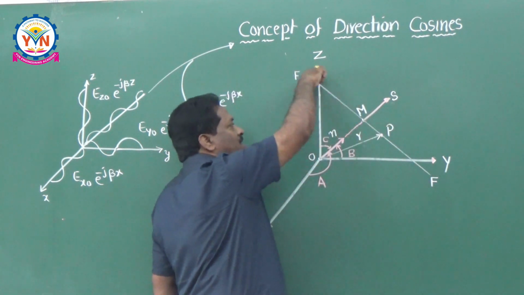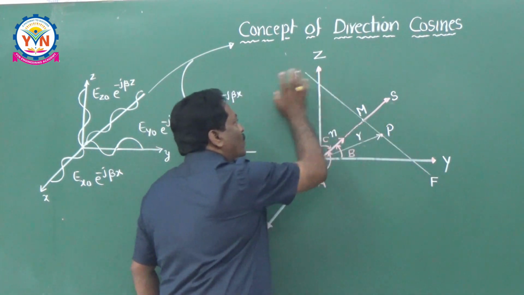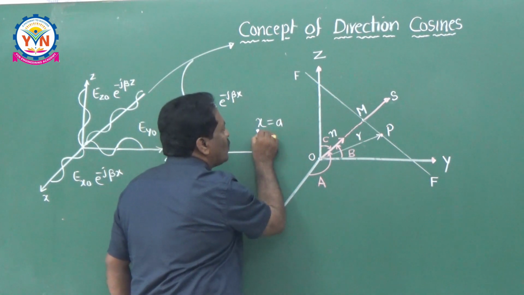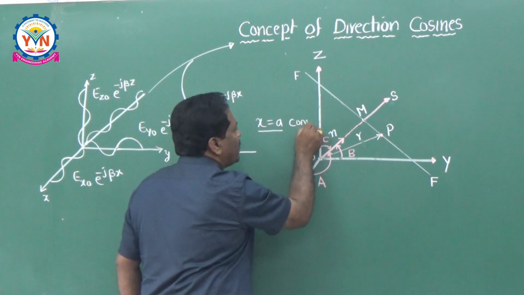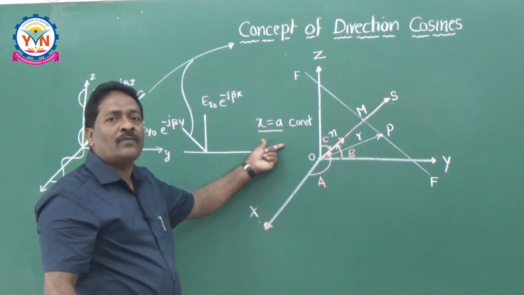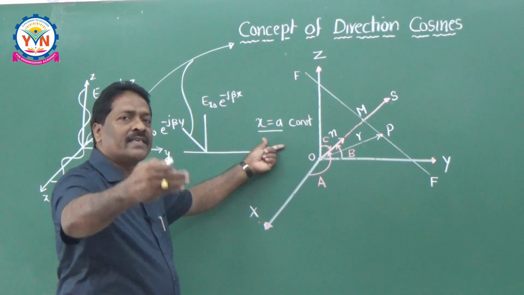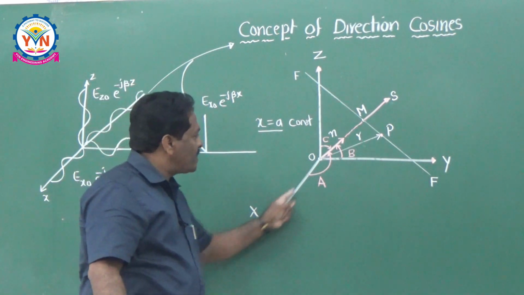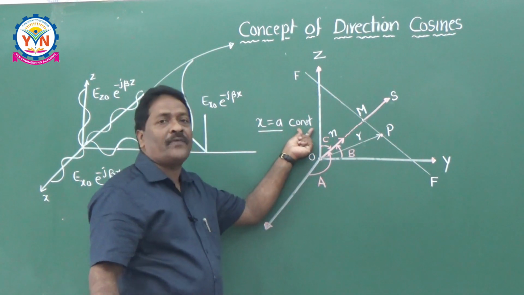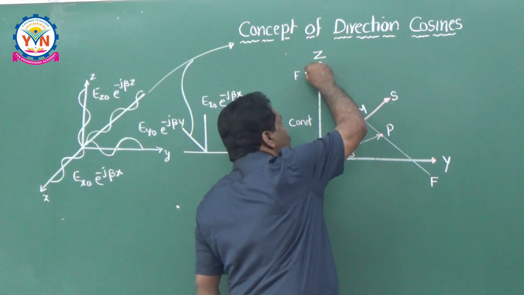In x, y, z, x equal to a constant is nothing but an equation of a phase from the concept of a uniform plane wave. What is a uniform plane wave? It has equiphases. So in the x direction, I am assuming that x equal to a is a constant phase of a UPW. Now this plane